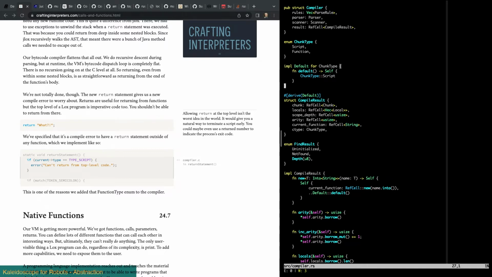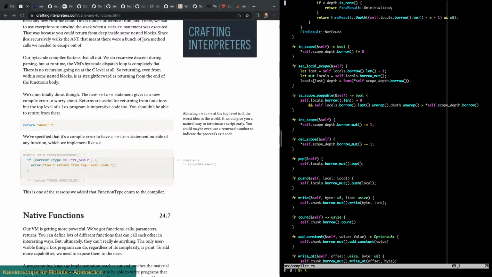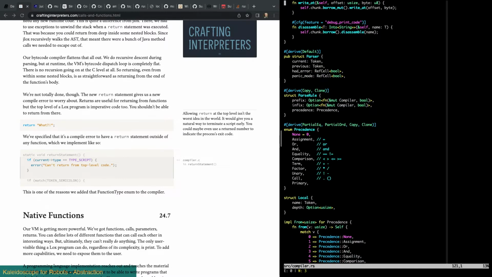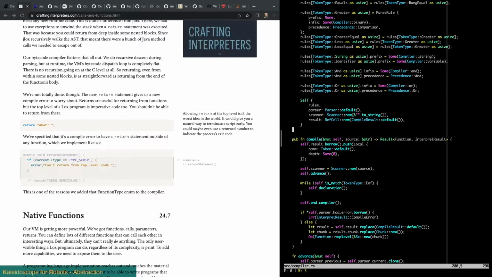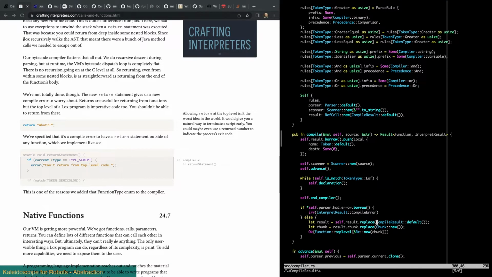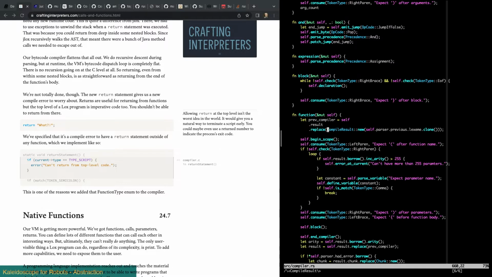We have 3 warnings, probably because we're not using it anywhere. And then this is the compile result. Let's look at our compiler itself, where we generate here. This is where we generate compiler. This is going to just pull default. Right. But when we create a new one, this is the top level.